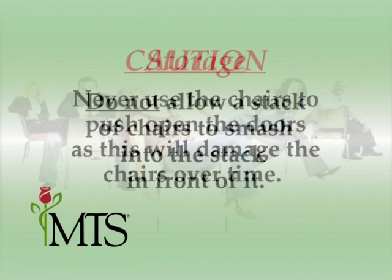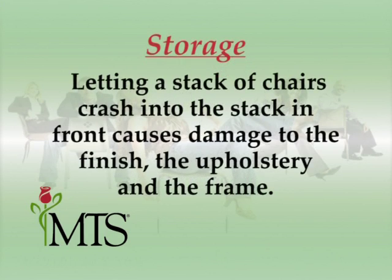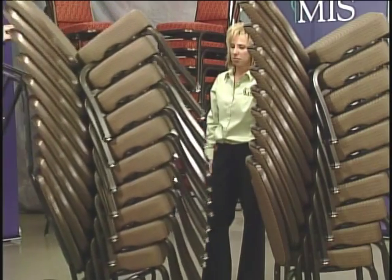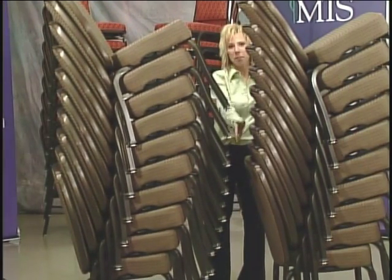When bringing stacks of chairs into your storage room, you should take care to not allow the stack to smash into the stack in front of it. Letting this stack crash into the stack in front causes damage to the finish, the upholstery, and the frame. Instead, care must be taken when the stack is set down to ensure a minimal amount of room between the